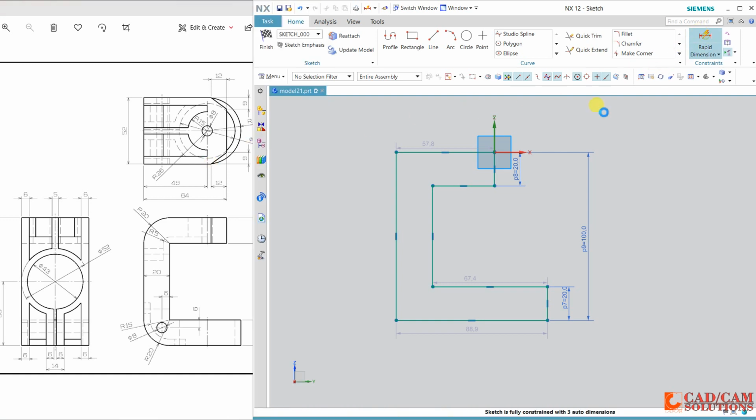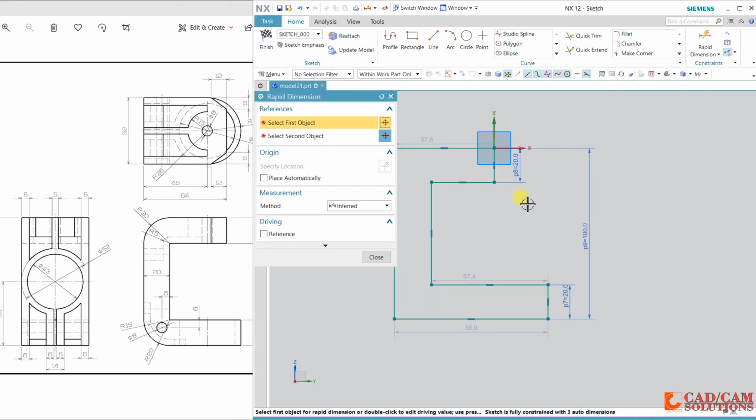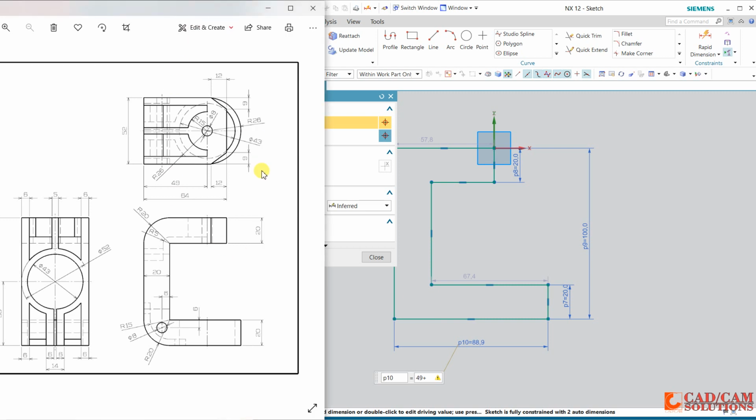Okay, so define, and here we have some more. 49 is up to the center, and in the lower side, this outside distance is 49 plus the radius of this lower portion.